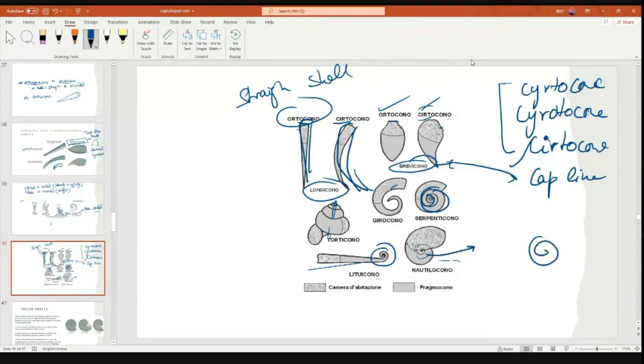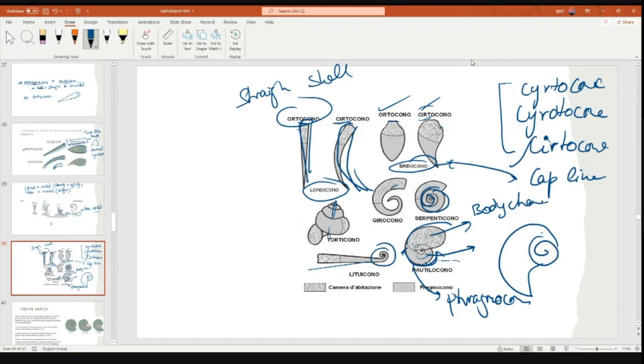Guys, can you tell me what this one and this one is? From this to this, this is our phragmocone, right? And this is our body chamber. So in nautilicone, basically the body chamber embraces the